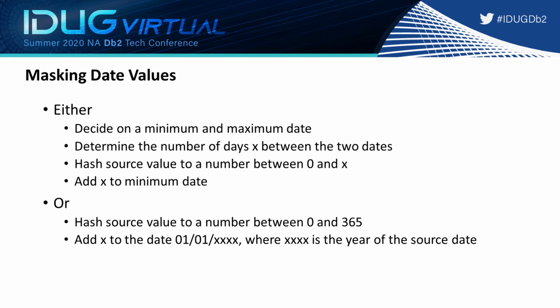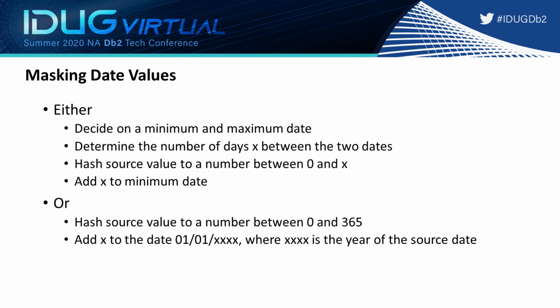Date values also need to be masked sometimes. Somebody's date of birth is certainly personal information. Essentially, dates are numeric, but we do want them to be in a certain range so that we don't end up with people born in 1847 in our test environments. If we know a minimum and maximum date, we can determine the number of days between these 2 dates, and now all the masking function has to do is take the input value, calculate a hash,